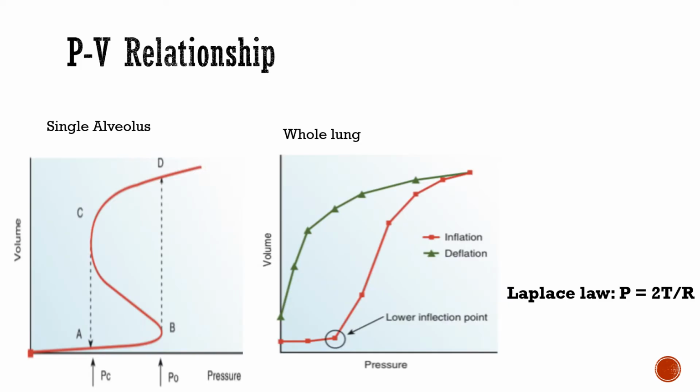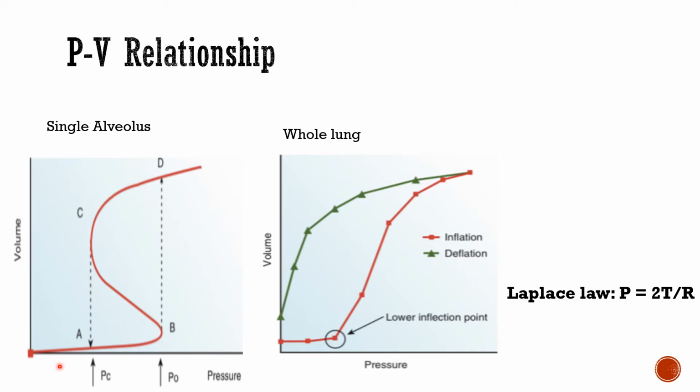pressures. When we see the pressure and volume relationship of a single alveolus from its collapse state, as we gradually increase the inflation pressures, we arrive at a critical pressure, the opening pressure at which the alveolus pops open. Following which, as we decrease the pressures gradually, we arrive at a critical pressure, the closing pressure, below which the